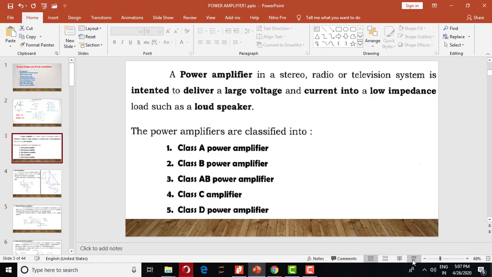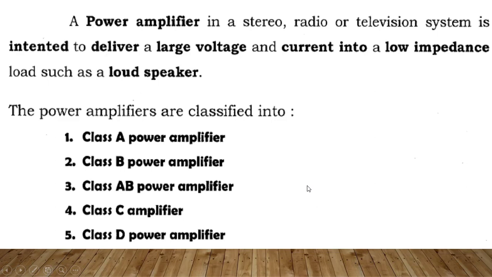Now I am going to the different types of amplifier. Already we have discussed what a power amplifier is: it is nothing but amplifying the power of the input signal at the output. In this we have a total of 4 types of power amplifier: class A, class B, a combination of the two called class AB, and class C. The last one, class D, is usually not in your syllabus. It is actually a digital power amplifier, so it does not come under the analog part. We are only dealing with A, B, AB together, and C.